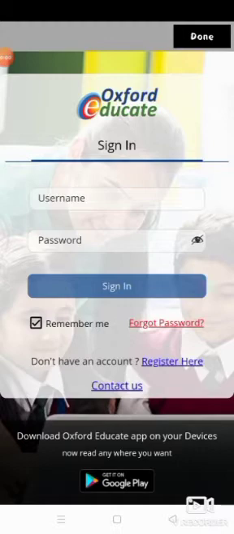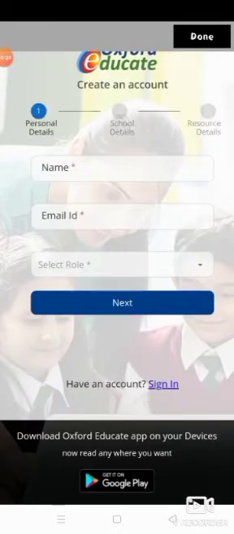Now here the second screen has been opened. You can see some changes are there, means the screen is looking a little different, but it is again showing the same thing that was showing on the first screen. So this is the second screen. We have to again click on register here.